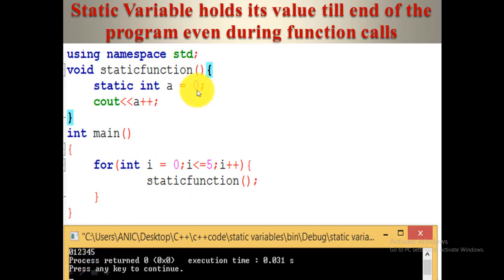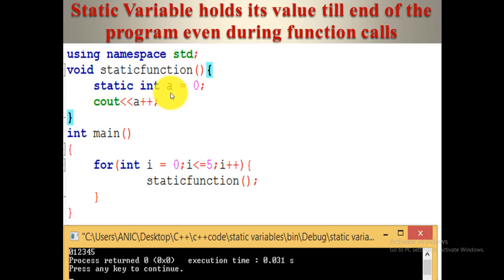At first the value of a is 0, which prints on the console. In this iteration, the value of a is incremented. The variable a holds its value. I have told you that a static variable never loses its value till the end of the program. When we call the function again, the static variable that already has a value will be incremented and displayed on the screen.